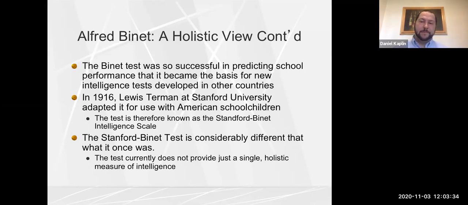Now it's interesting, the Stanford Binet test is what it's called today. And what that tells you is that even though Alfred Binet is not alive today, his contribution in this area was so great that he has a legacy, right? So you could easily change the name, but because Binet was influential, it remained Stanford Binet test. Now, what happened to Theodore Simon? Why wasn't it called the Stanford Binet Simon scale?